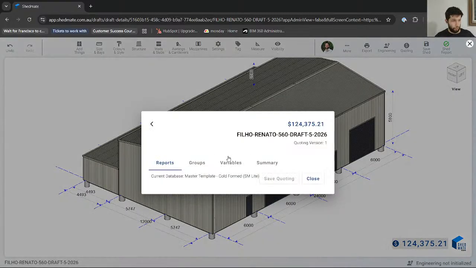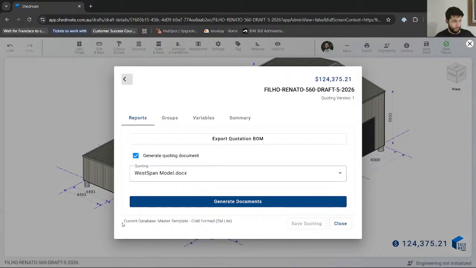Okay, so we can see that we have a database that is associated to this company. As an example, we are using this master template in this company, but your company can have its own template. Okay, so we can ask how Shedmate knows